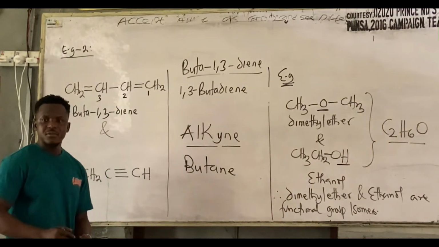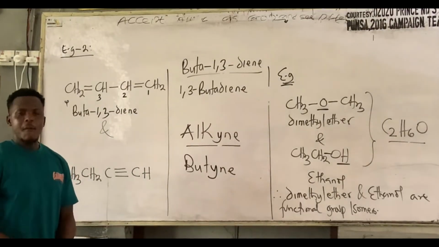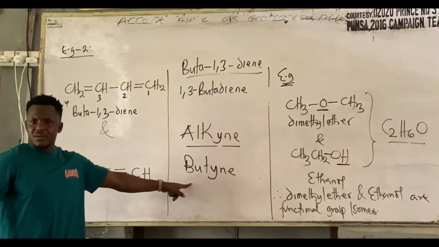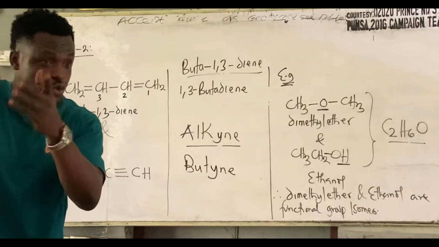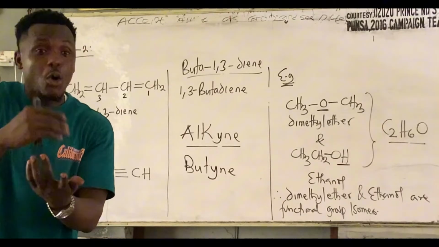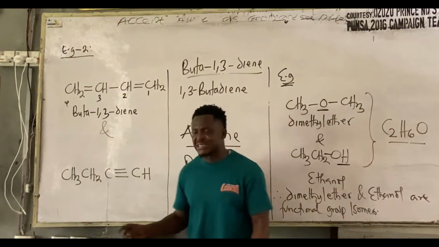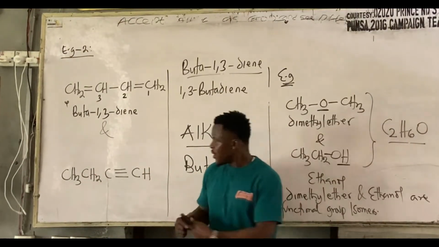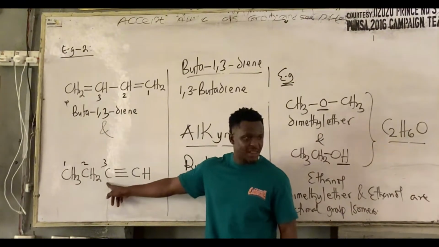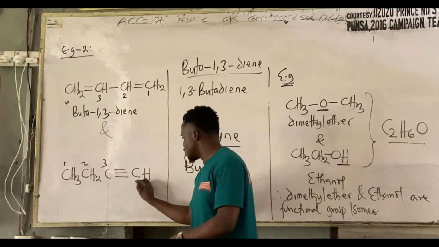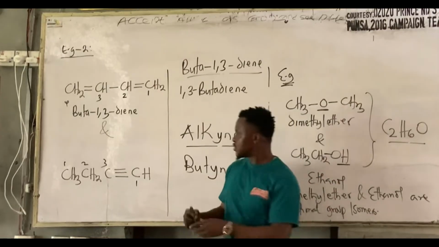Now remove the "ane" and put "yne". But it's not correct yet, right? We must tell which position that triple bond is attached to. We always ensure you do that. Number from the side that gives the triple bond the smallest number. If you come from this side, this is 1, 2, 3, so the triple bond is at number 3. If you start from this guy, this is 1. So 1 and 3, which of them is the smallest number? 1. So this guy becomes